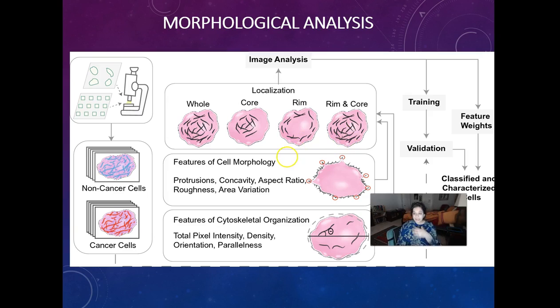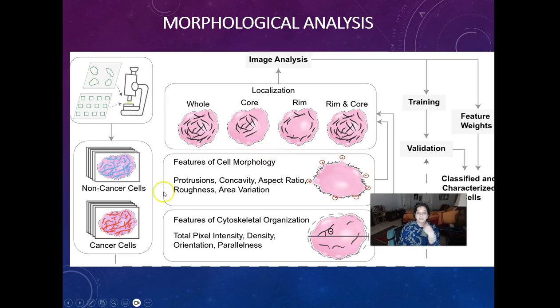There are things that we cannot do with the naked eye that we are able to do once we use computers for image analyses. In that case, you take images of each one of your specimens, and then you train your computer software to examine, to look for, to find key features that you care about, to classify them and characterize the cells according